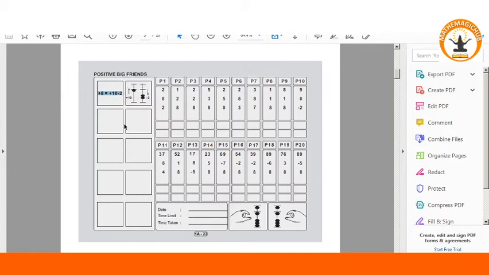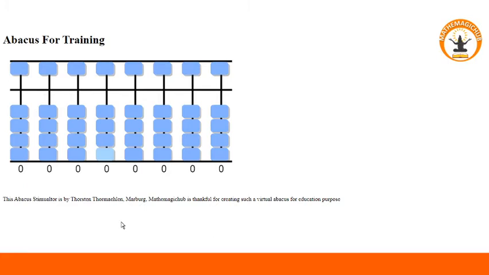Now we will take a look at the big friend of 8, that is 2. So for add 8 it is add 10 less 2. The example we take is 2 add 8 add 2. 2, then for 8 add 10 less 2 and again 2. So the answer is 12.